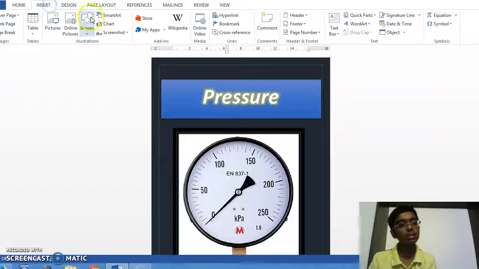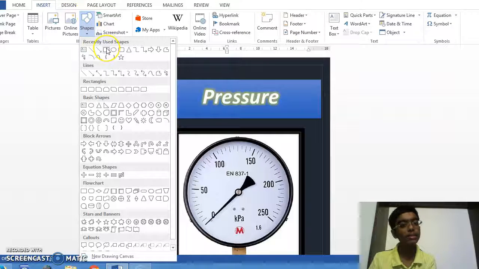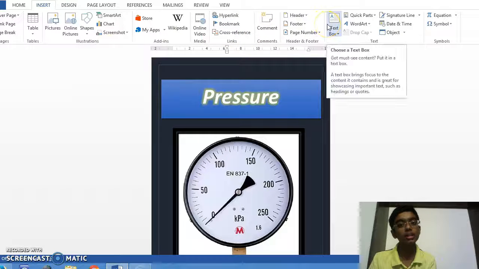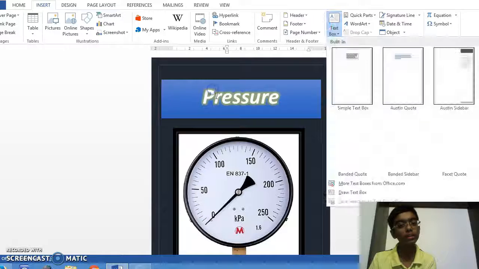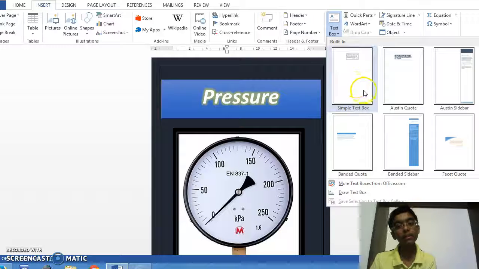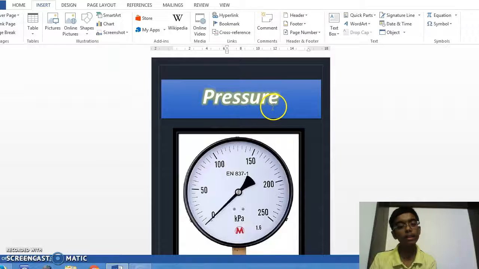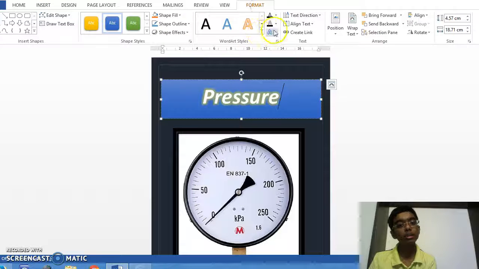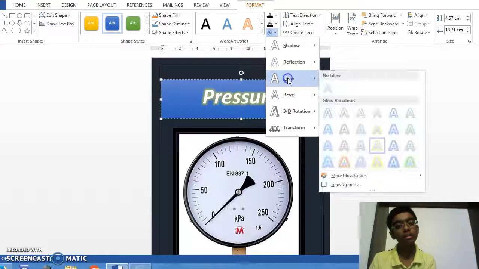go to Insert, go to Shapes and insert a rectangle and then insert a text box. You can select the normal simple text box and type pressure. Once you type pressure, bold the text and go to Format. Go to Text, Format and